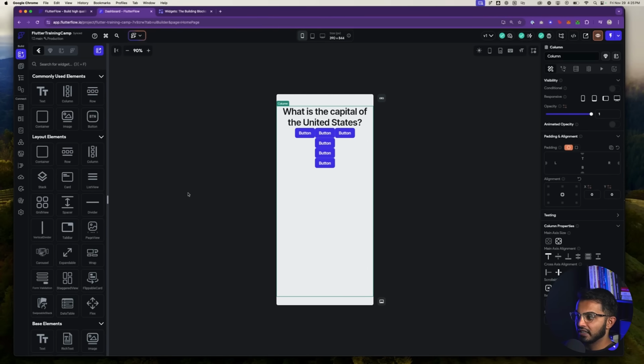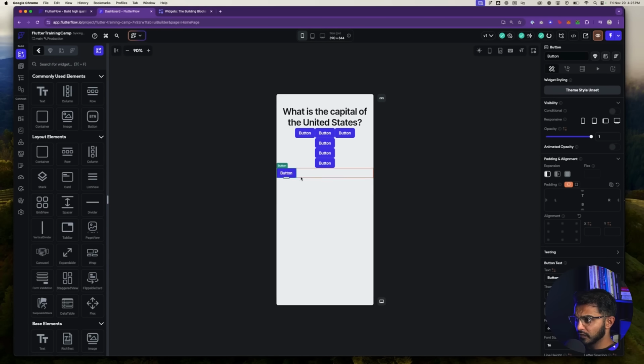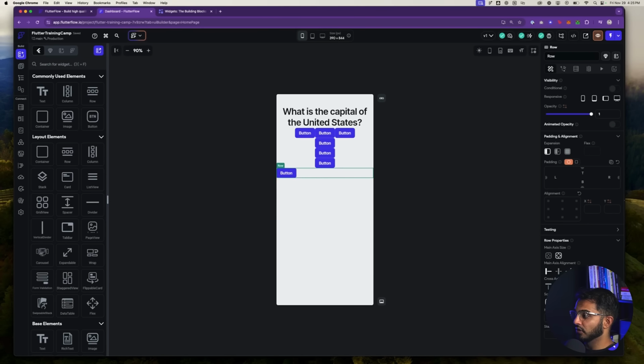So just to open back up FlutterFlow here, if I create this row, and this row spans across my app, say I want to align this button to the middle, FlutterFlow has this feature right here called main axis alignment that allows you to adjust where the content inside of that row is placed.